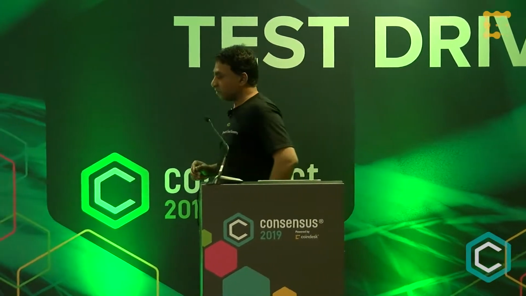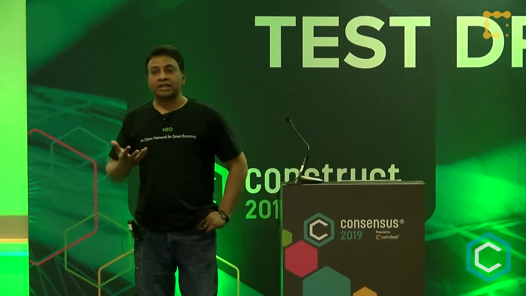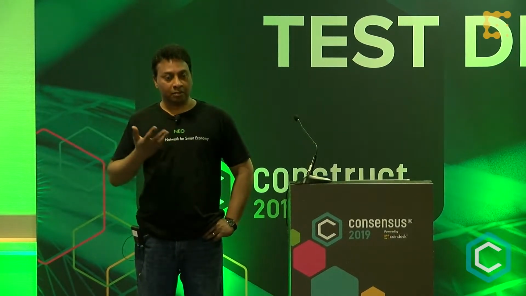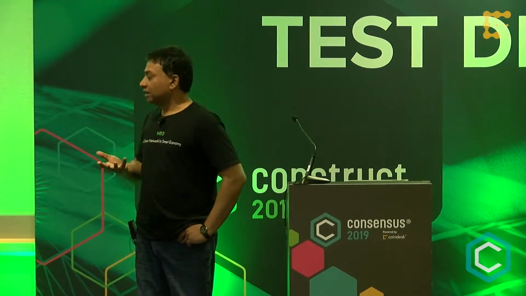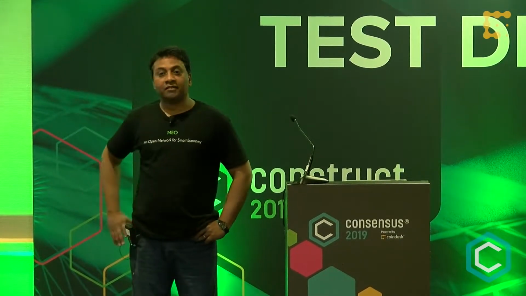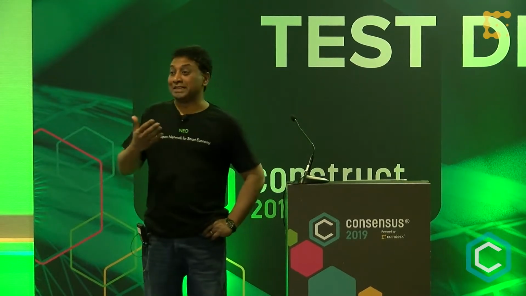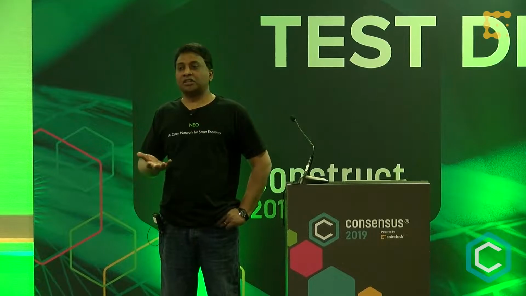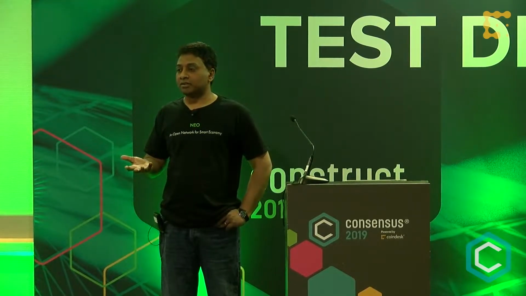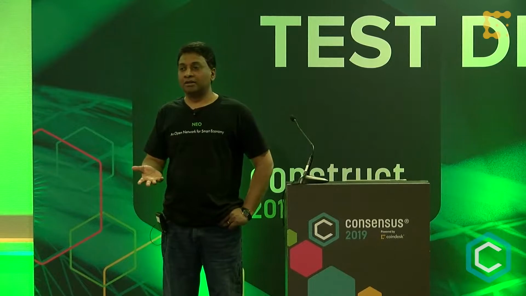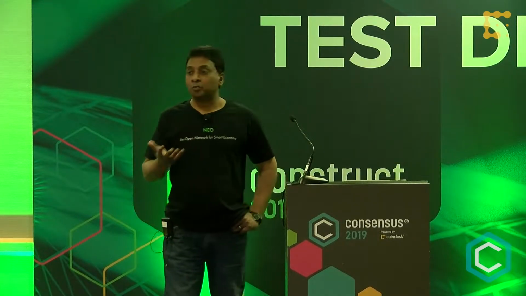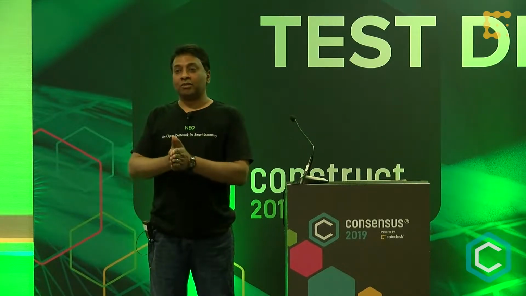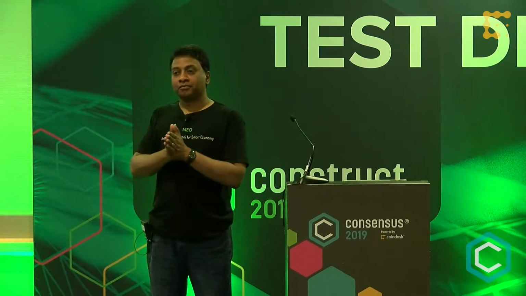I want to pause on this for maybe a minute. There are some things where NEO was a pioneer early in the days of the blockchain movement, if you will. For example, we were among the first platforms to bet on Byzantine fault tolerance. NEO uses dBFT, essentially delegated Byzantine fault tolerance. So if you are a NEO token holder, you actually have a very significant role to play in the delegates, in helping drive the governance of the NEO platform. Very unique, back many, many years ago.